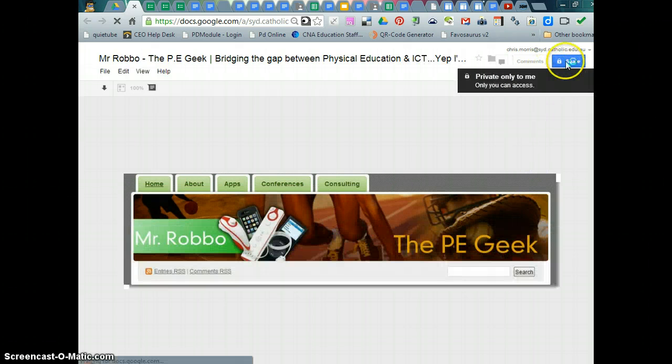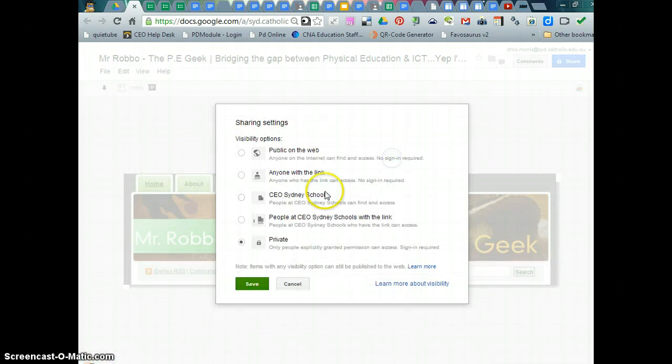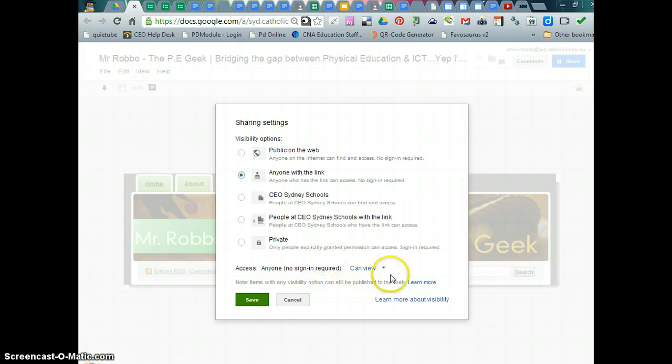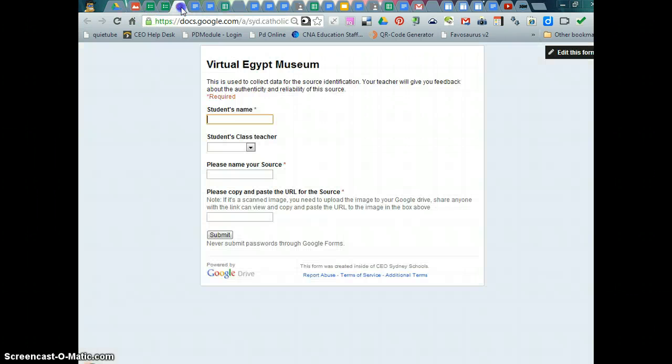Now the sharing settings would be crucial for this, so you can see here at the moment it's only private. I would change that to anyone with the link can view. Yep. So that would be a step that would need to be done, and then it's simply a matter of copying that URL and then jumping back here and pasting that as my source. Oh, sorry, that one there, and the name of my source is Gods and Goddesses